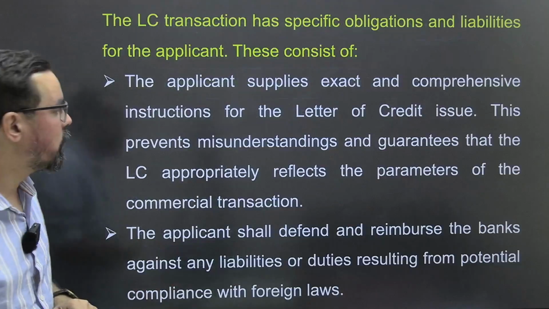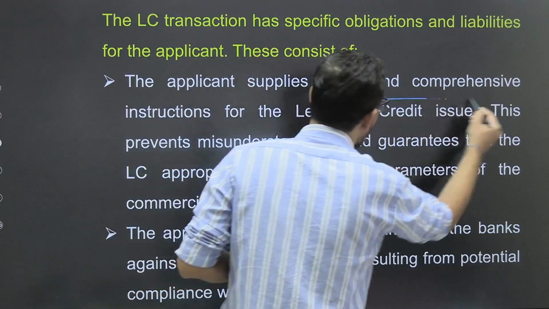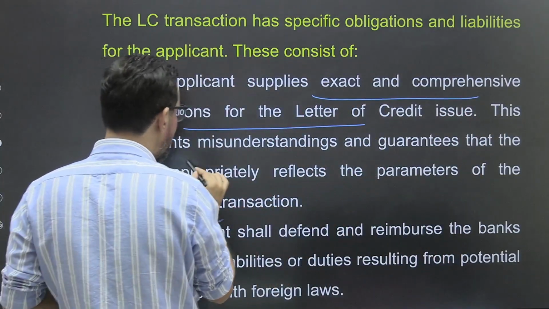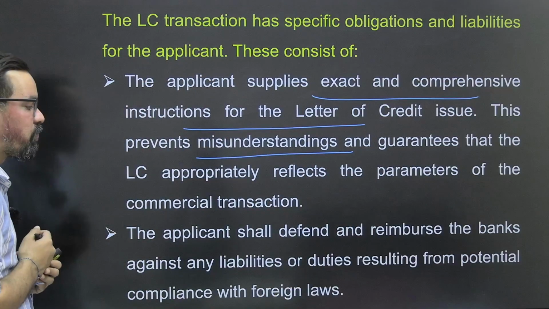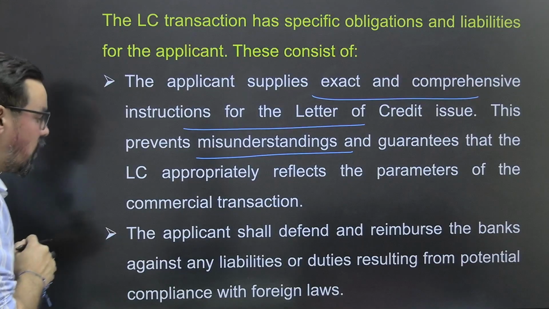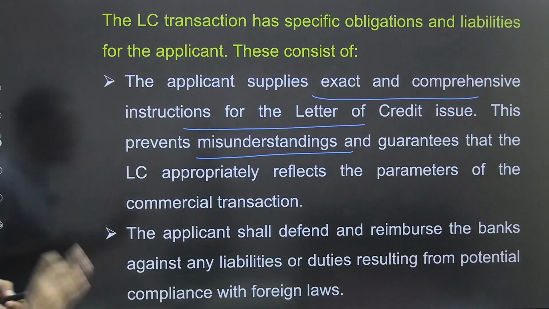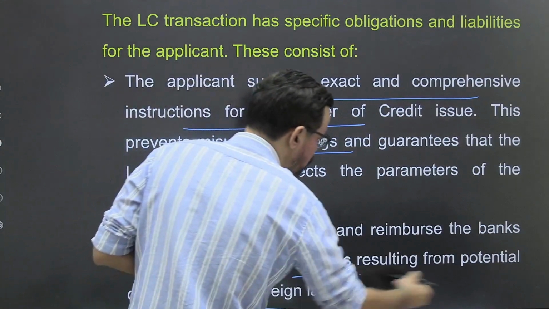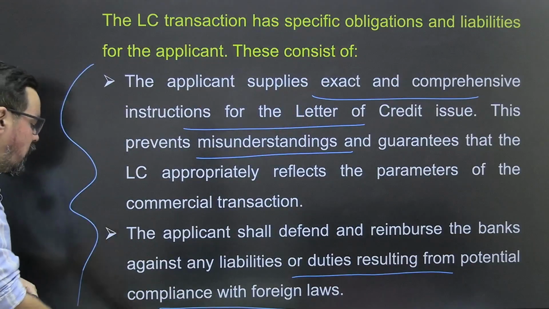So option C will be correct answer for this one, okay? The applicant supply exact comprehensive instructions for the LC. This prevent misunderstanding and guarantees that the LC appropriately reflect the parameters of the commercial transaction. The applicant shall defend and reimburse the bank against any liabilities and duties resulting from the potential compliance with फॉरेन लॉज इटसेल्फ, ठीक है। तो हमने अपने बैंक को यहाँ पे ऑलरेडी क्या कर दिया, आपका प्रोटेक्ट कर दिया, ठीक है।